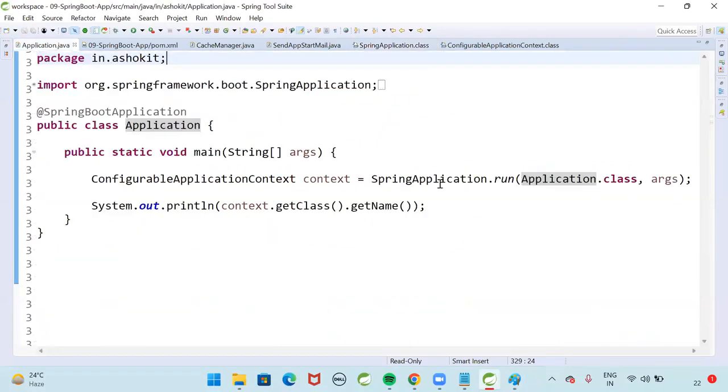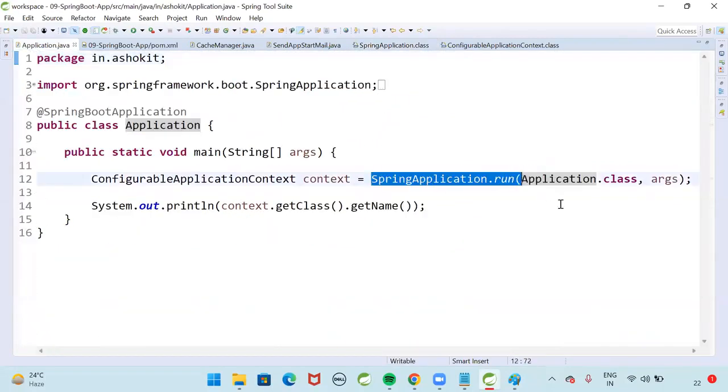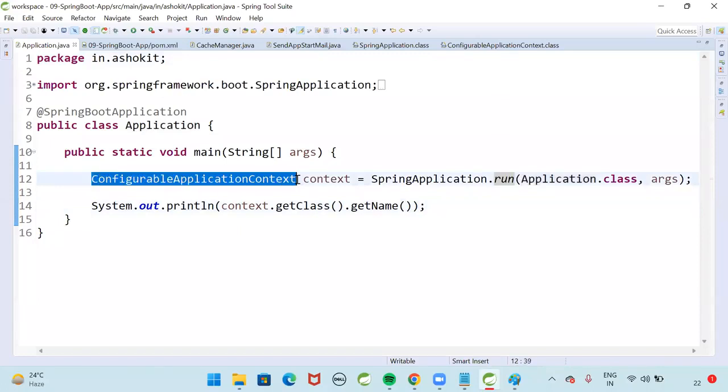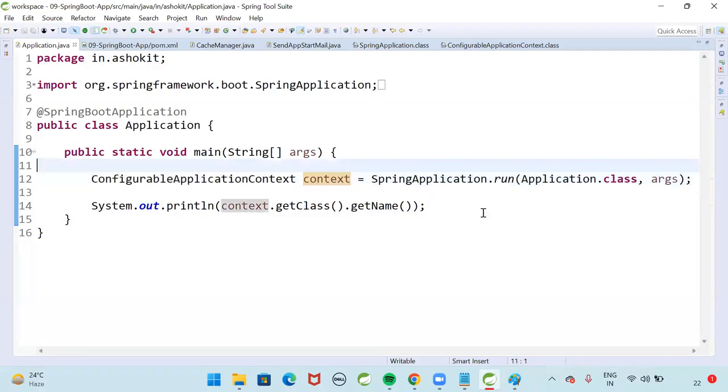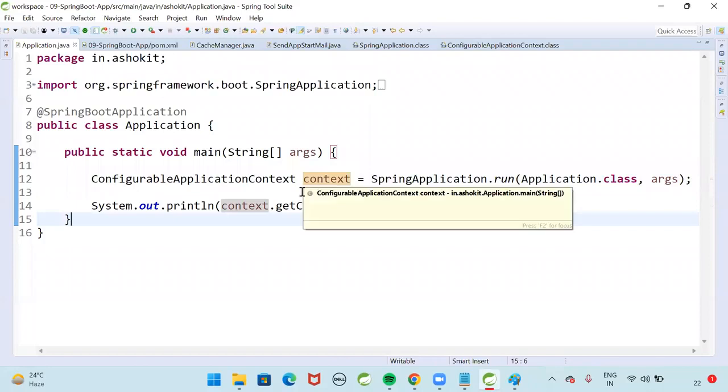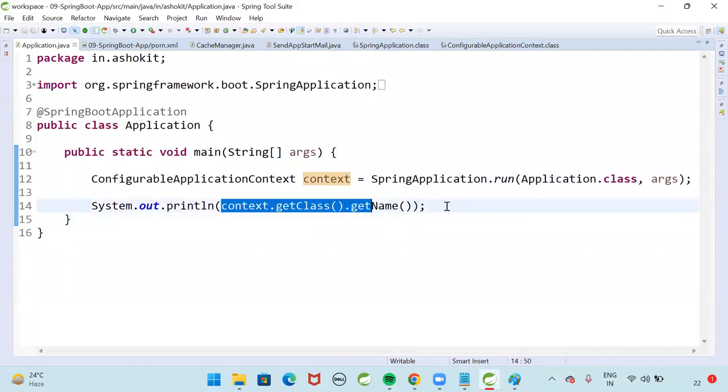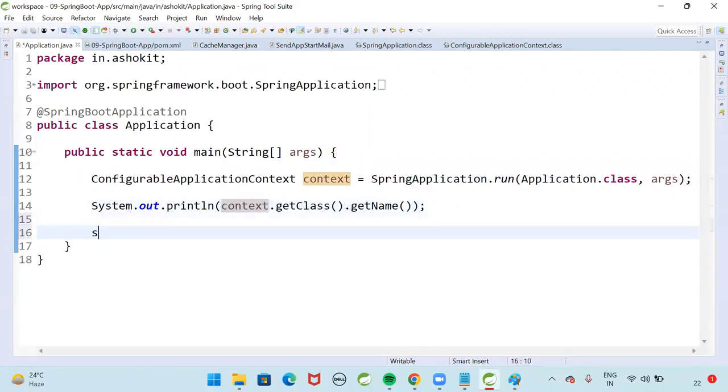So you see, I am taking Spring application.run method. This run method is giving the return type as configurable application context. This is the reference of the IOC container. So which class it used to start the IOC? I am printing that IOC name also, context.getClass.getName. And one more thing, system.out.println